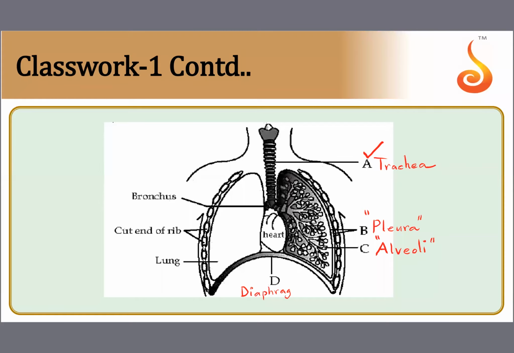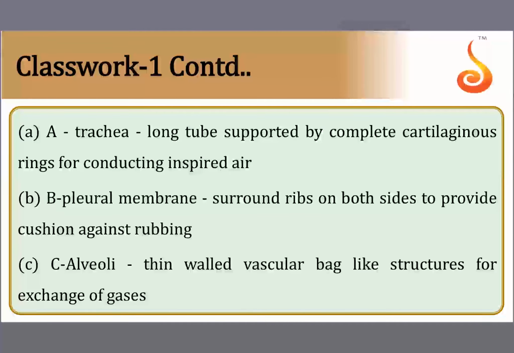I hope you can see what I'm writing. If not, please let me know. So the diaphragm is the skeletal muscle disc, the dome-shaped muscle that you see at the bottom of your respiratory system. Now you know that once you have identified what the different parts are, that's why you should be thorough with the diagram. Once you have identified the parts, we can go through the options.